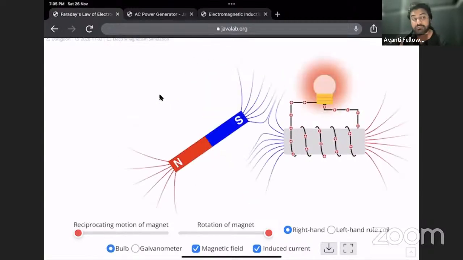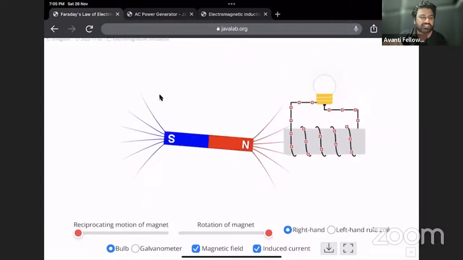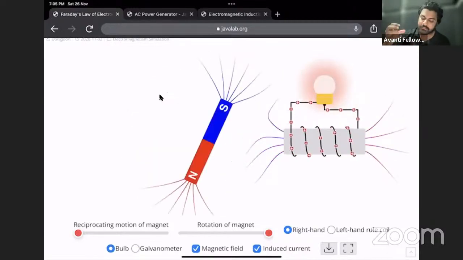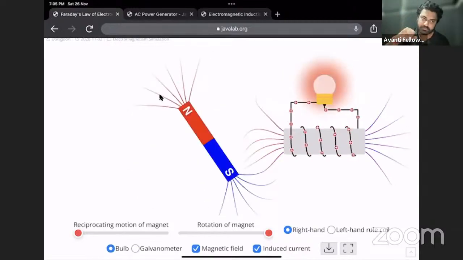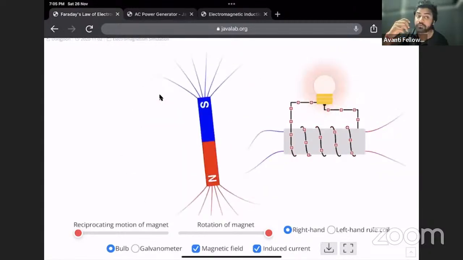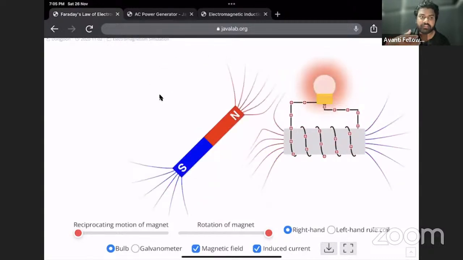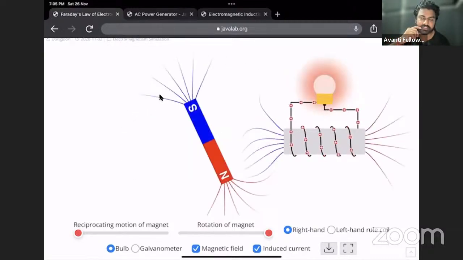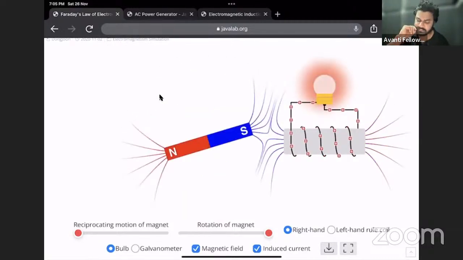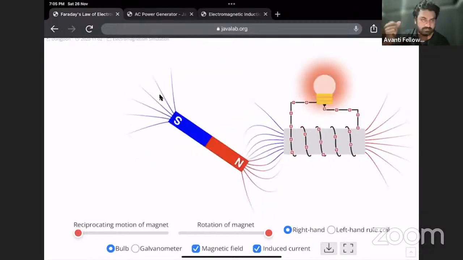So this is an example of alternating current. This is happening very slowly. That's why we can see the bulb glowing, then it is not glowing. On, off, on, off, on, off. But for our electricity which comes in our house, it has a frequency of 60 hertz, sorry, 60 to 50 hertz, right? So it is very fast that we see the bulb glowing continuously.